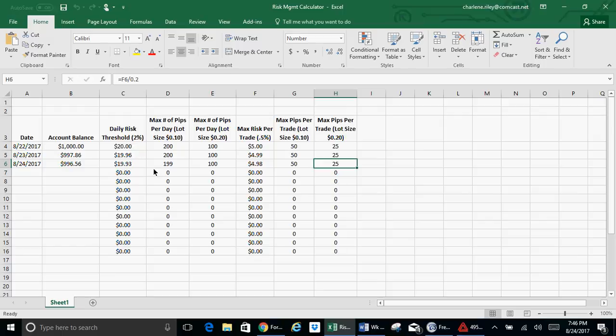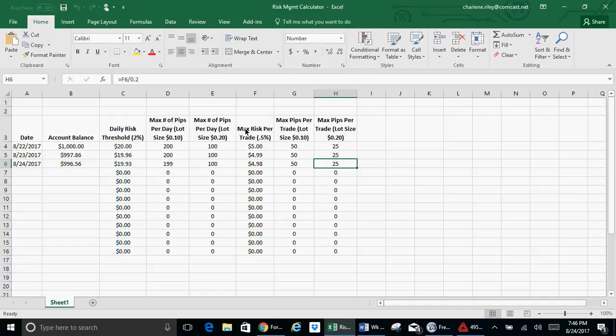My daily risk threshold is 2%. So with my current account balance, that's a total of $19.93 that I could risk today. And that's a maximum number of pips of 199 pips on a 10-cent lot size or 100 pips on a